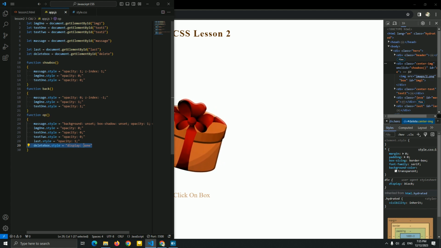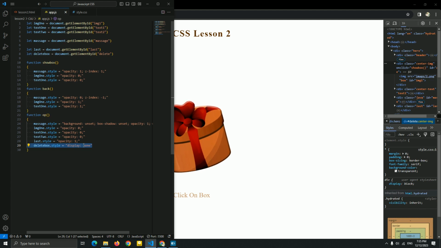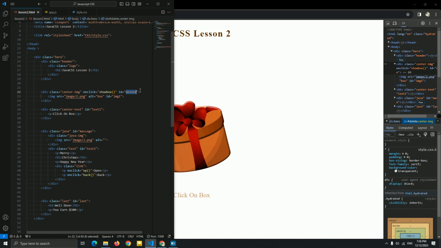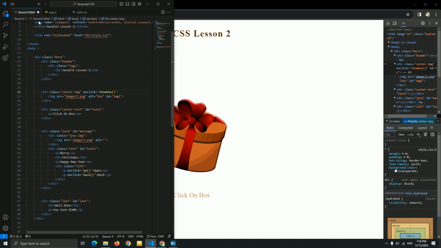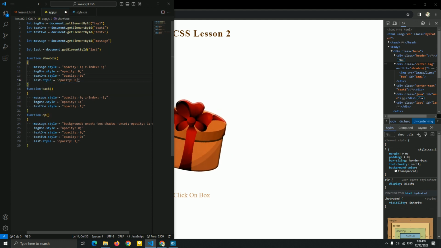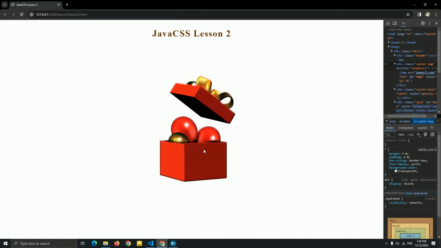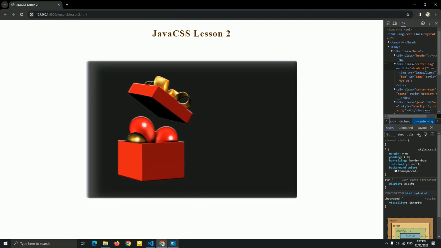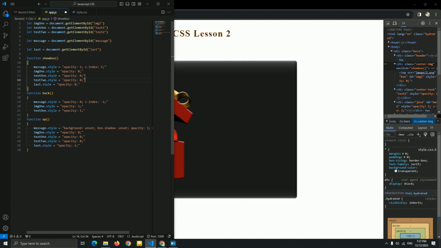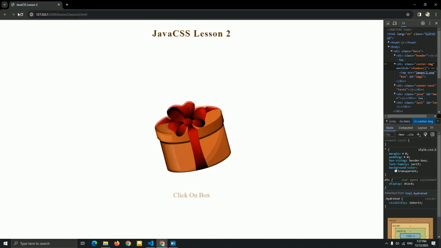So if you don't like this display and you want to click it again to see this message again, what we're gonna do, guys, let me just delete this to show you the better way. So here I'm gonna add opacity 0. Okay, and you can see we just remove this text, and I want this text to come up. So text 2, where is it? Yes, here we go. Just add it here, text 2, and add opacity 1 to solve this problem if you don't like display none. Very simple.